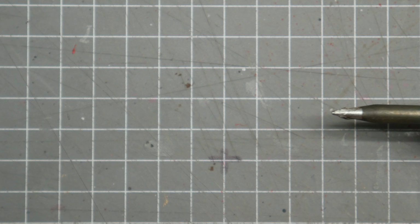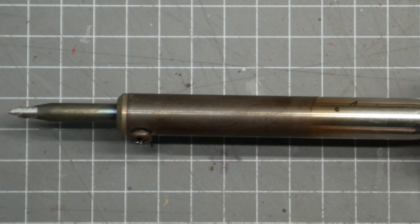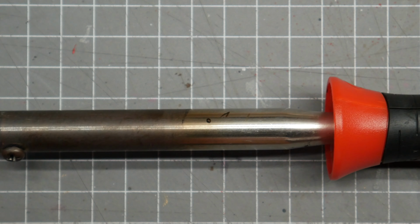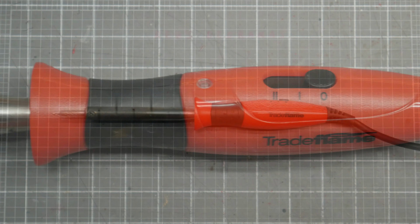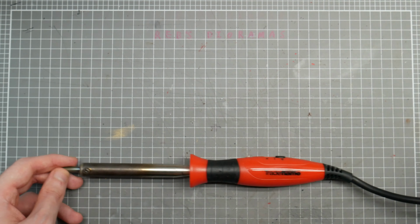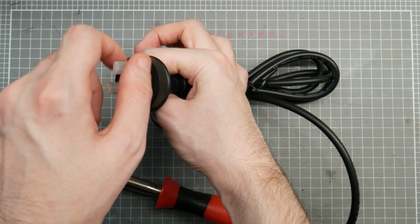First up we have this Tradeflame 21112 dual power 30/60 watt mains iron. This is the most common type of soldering iron you'll see outside of a proper electronics store. These are very cheap and 9 times out of 10 are mains powered. They'll either be a single power rating, something like 14, 25, 30 watt or higher. They can be multiple power like mine, or they can have temperature dials on them for selecting anywhere from 200